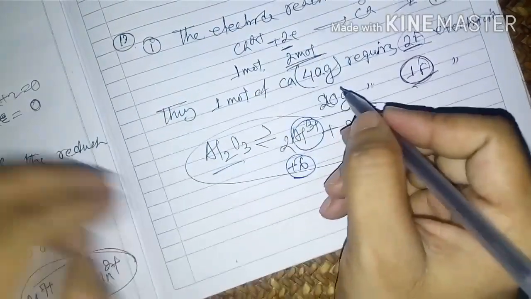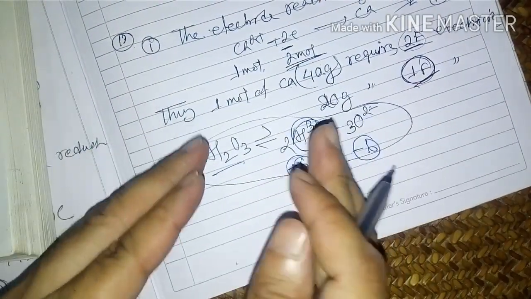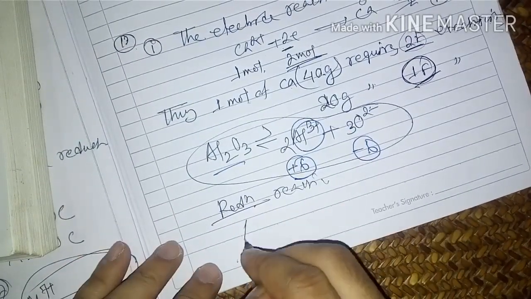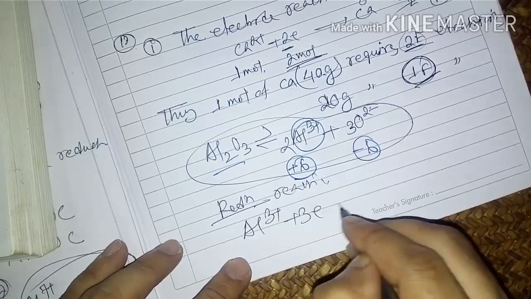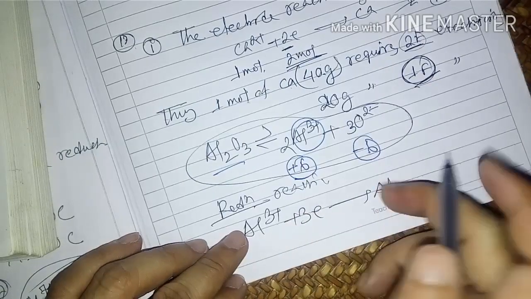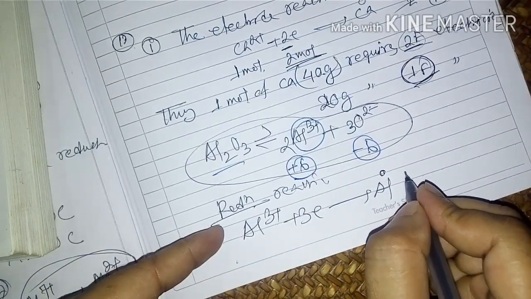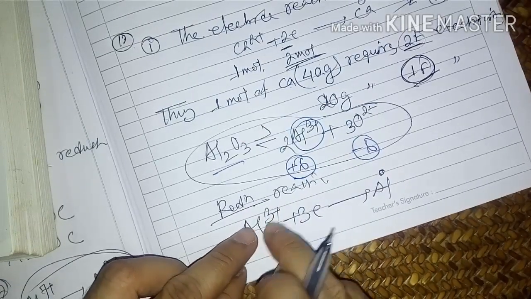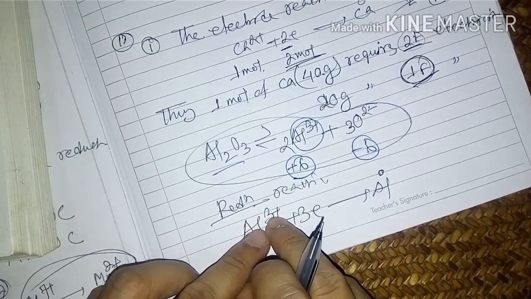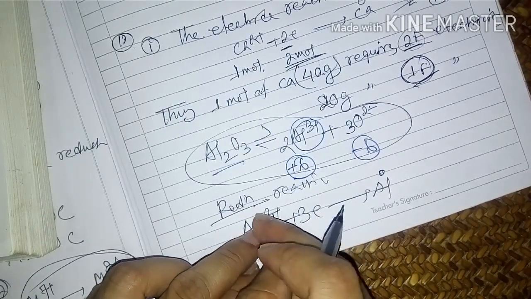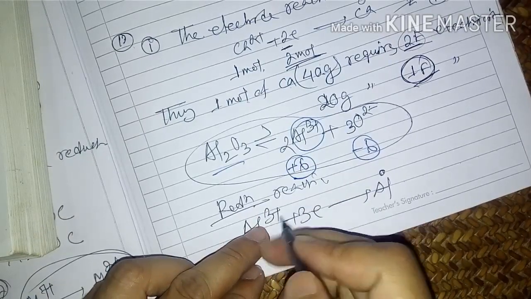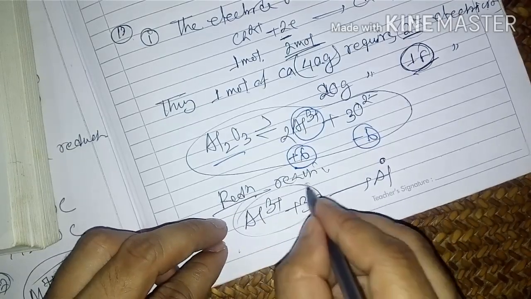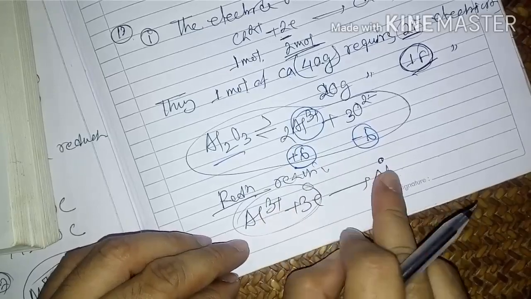Now the electrode reaction, which is a reduction reaction: aluminum 3+ plus 3 electrons to form aluminum. This side, the aluminum charge is neutral, that means 0, so you should maintain 0 here also. Here 3+ is there, which means a lack of electrons. How many electrons are needed? 3. If you add 3 electrons, then plus 3 minus 3 equals 0. So this is the balanced equation.